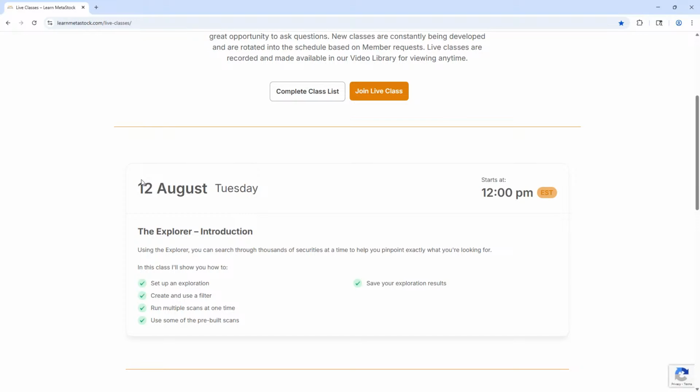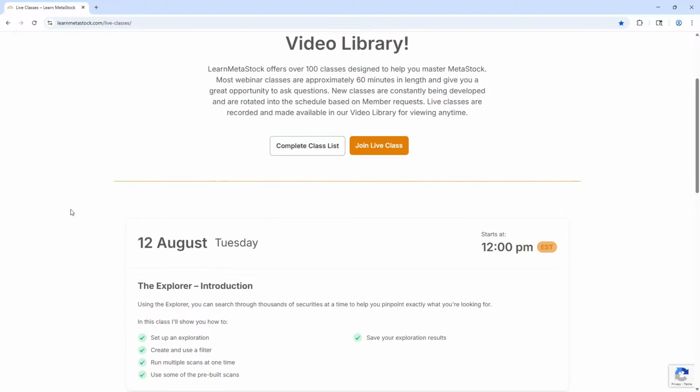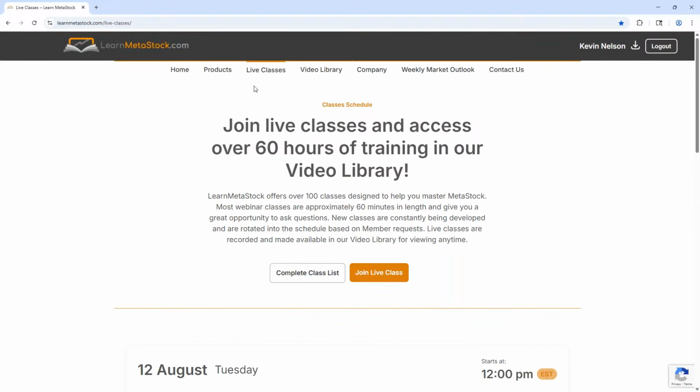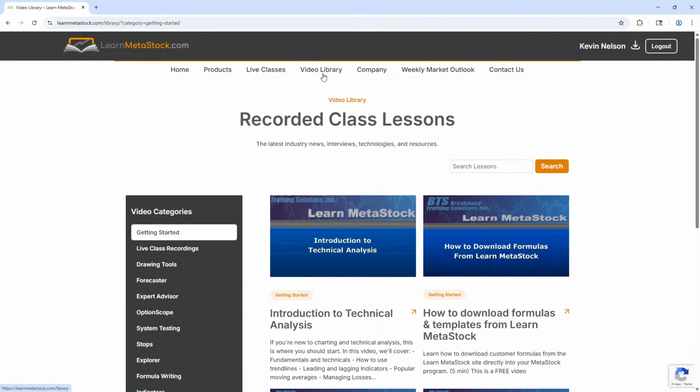So for example, yesterday we did an Explorer class. And at the end, if you have any questions about system testing or whatever, we can go into anything that you want there. So the live classes are a really nice feature if you have time to join us. Where people spend the majority of their time though is in this section here,